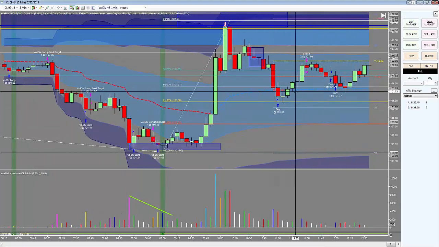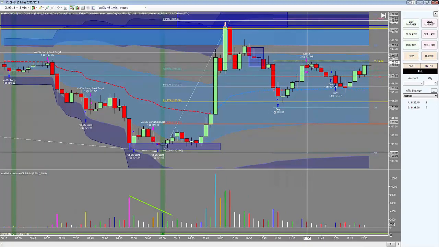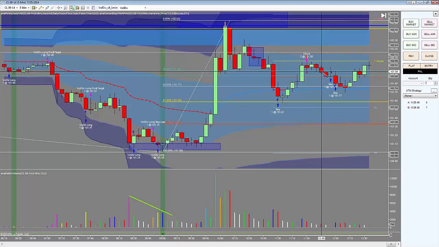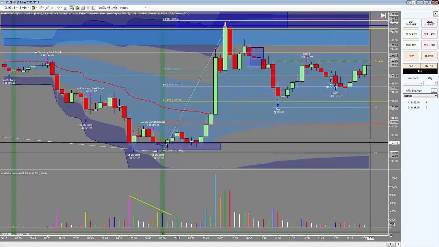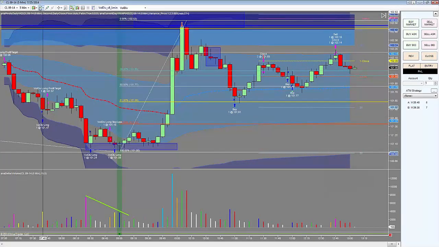All right, and then it pulls back up to yesterday's close. I go ahead and take one off. Or no, I took both of them off. You guys saw me do that. Then I bought one when it started turning back up off of yesterday's low, and then I bought another one from the VWAP. And then when it turned up from right there,